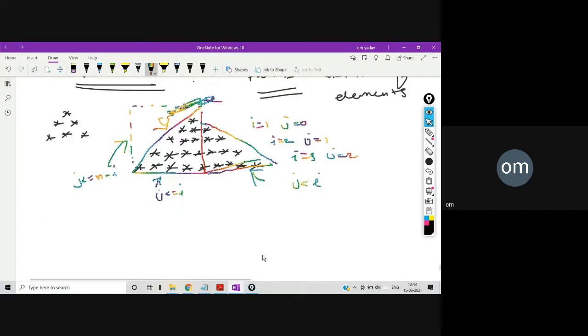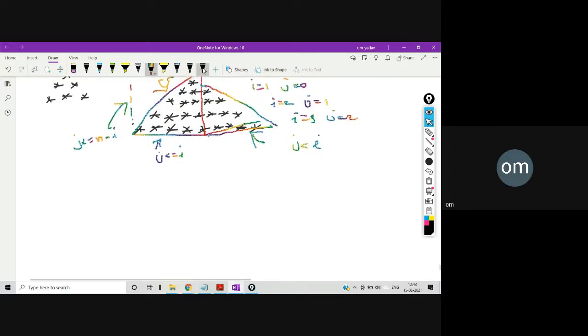So let's write simply from here only. It's very easy. First the I loop: for I equal to 1, I less than equal to n, I plus plus. Now the first for loop, for space.